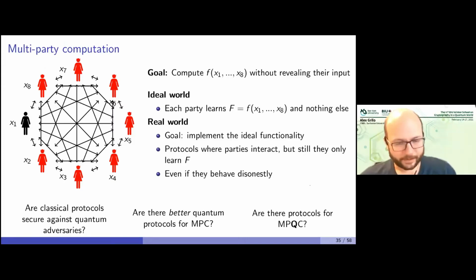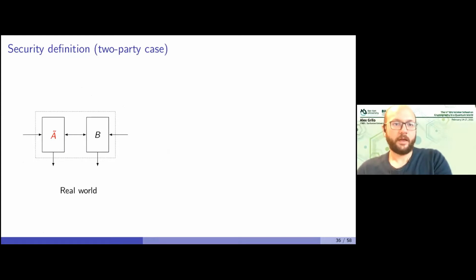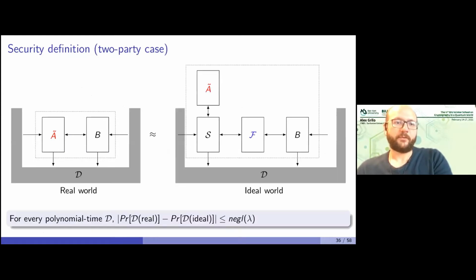So yeah, in this last lecture, the goal is to go through this multi-party protocol, like going through multi-party computation in the quantum setting. Okay, let's start with classical multi-party computation. So the parties want to compute jointly this classical function. And as I mentioned before, in the security definition, we want that all polynomial-time distinguishers not be